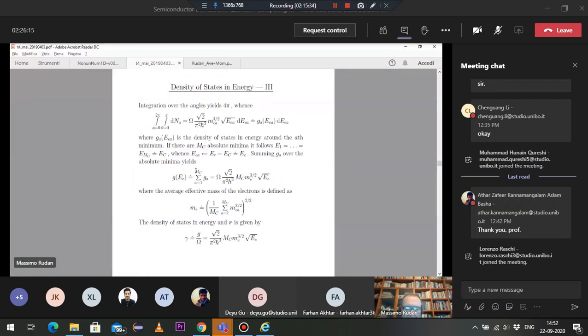So we call it MC. MC is the total number of the conduction minima, of the absolute minima of the conduction band, okay? And in silicon it is 6, you remember. In gallium arsenide it is 4. Sorry, in gallium arsenide it is 1. There is only one minimum in the gamma point. And in germanium it is 4, okay? So when we perform this sum,